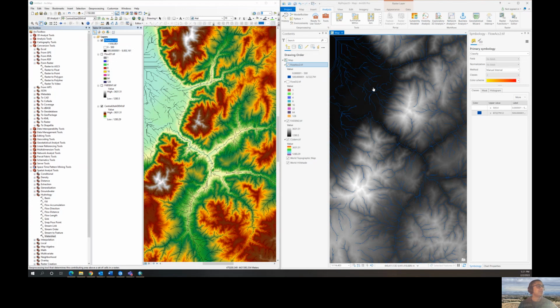And then we will determine the location of 2 USGS drainage stations, and we will snap them to the river and calculate the drainage area above those stations. Okay, so the first step to all of this is we'll take our flow accumulation raster,